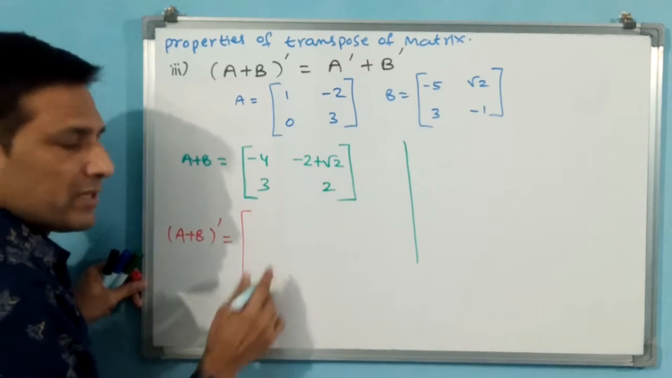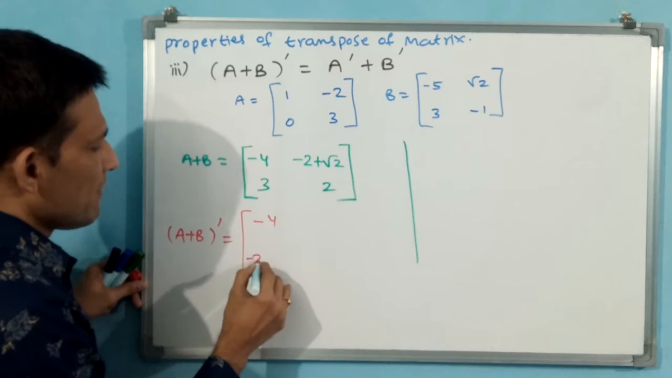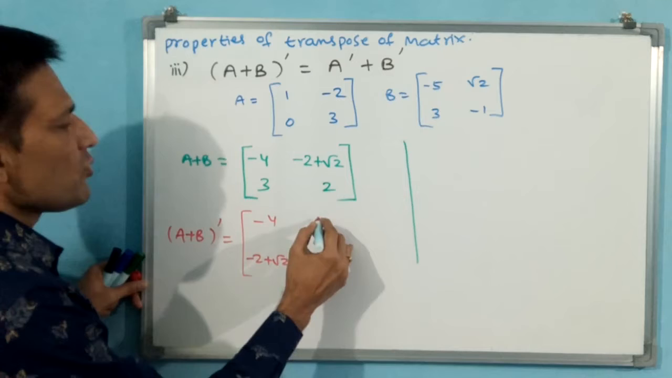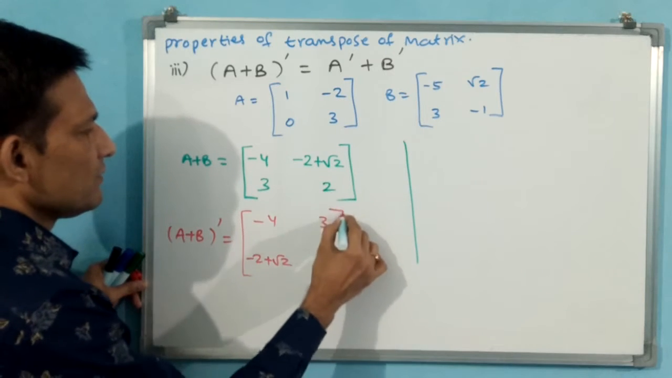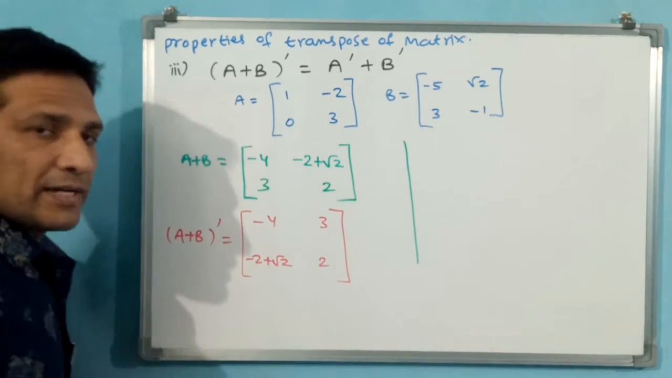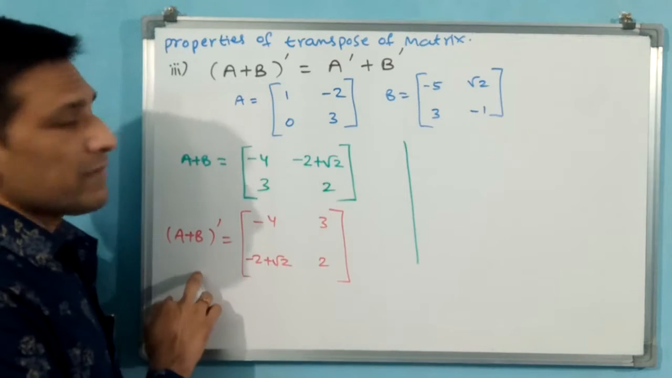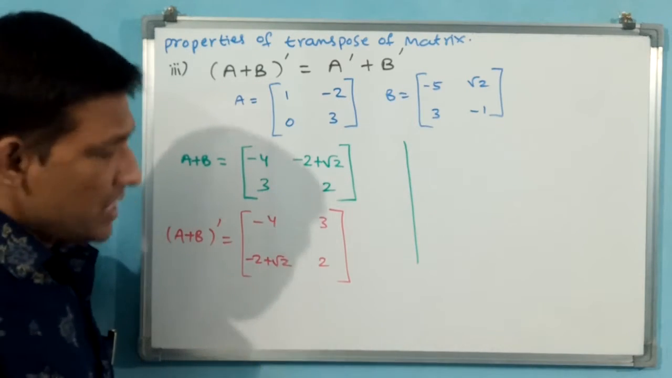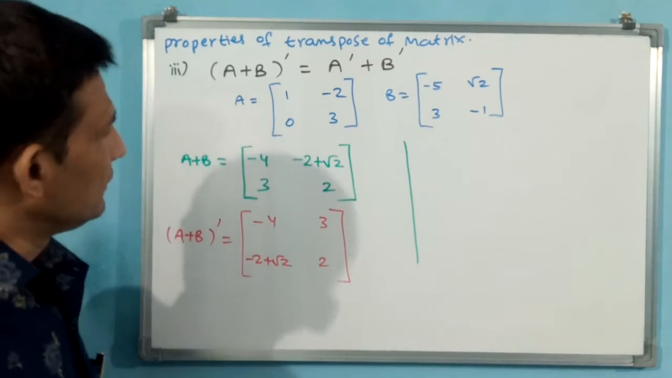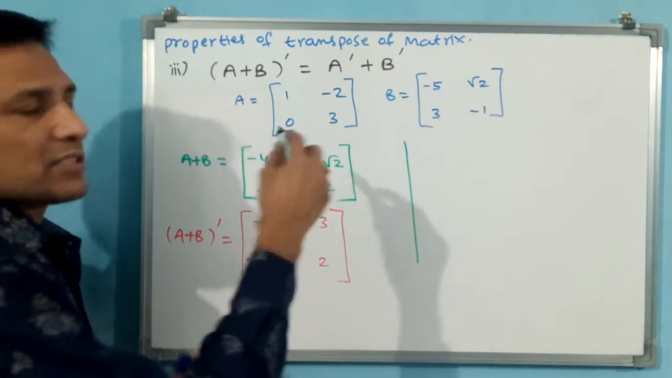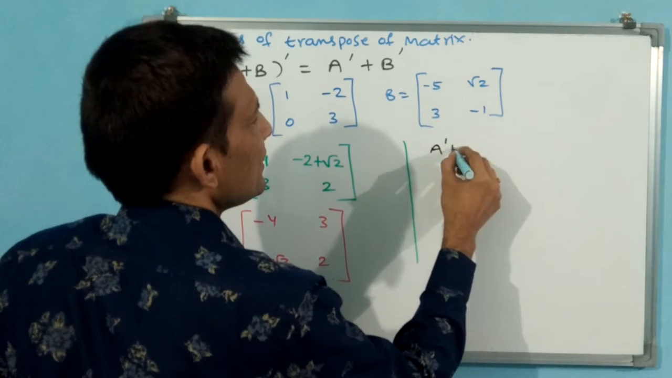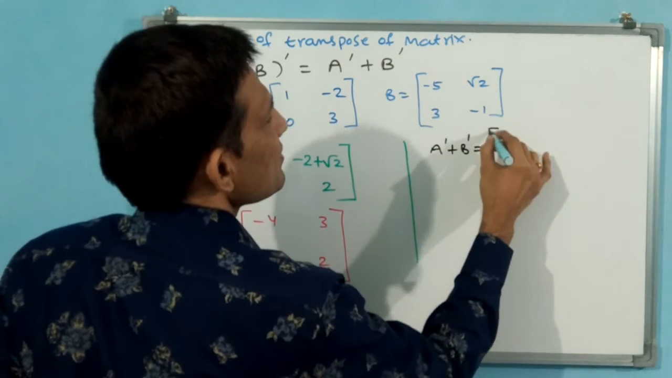Now the first row is going to become the first column: minus 4, minus 2 plus root 2. And the second row is going to become the second column: 3 and 2. No, this is the final one, A plus B transpose, the transpose of A plus B. Let us do it separately: A transpose, B transpose and plus. Let us see, A transpose plus B transpose is equal to